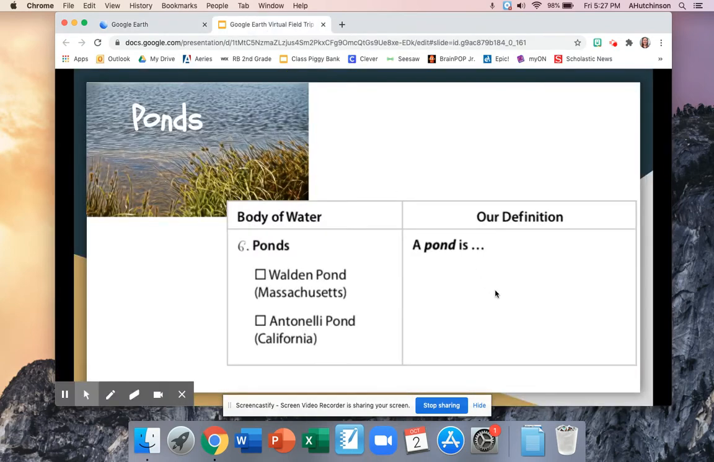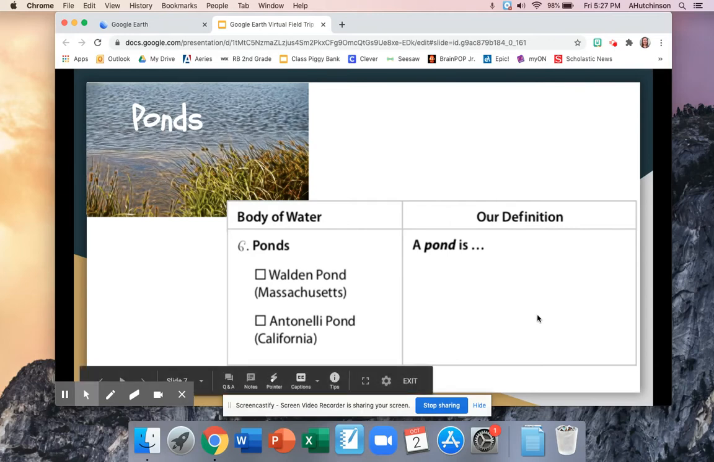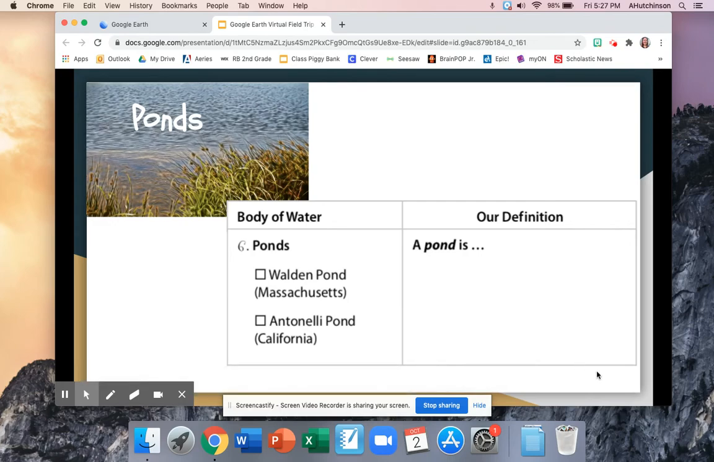All right, now that we've visited our two ponds, take a moment and think about how you would define a pond. We know they're pretty small. They're definitely surrounded by land. And do they have much of a current? Do they move? Didn't look like it. All right, if you need another moment, pause the video. Otherwise, we're going to continue on and check out our last